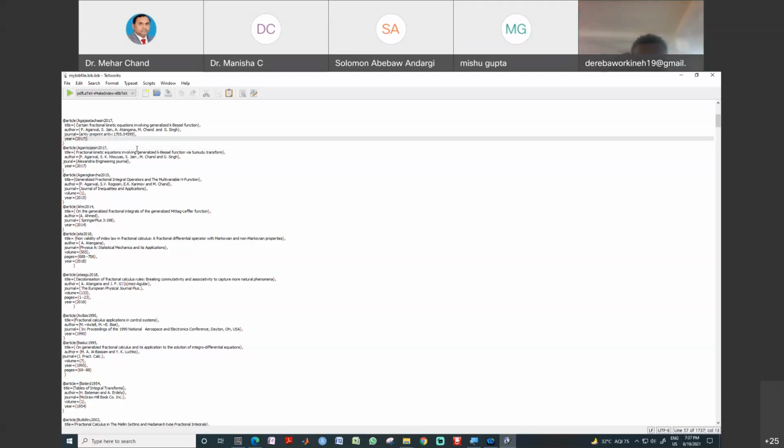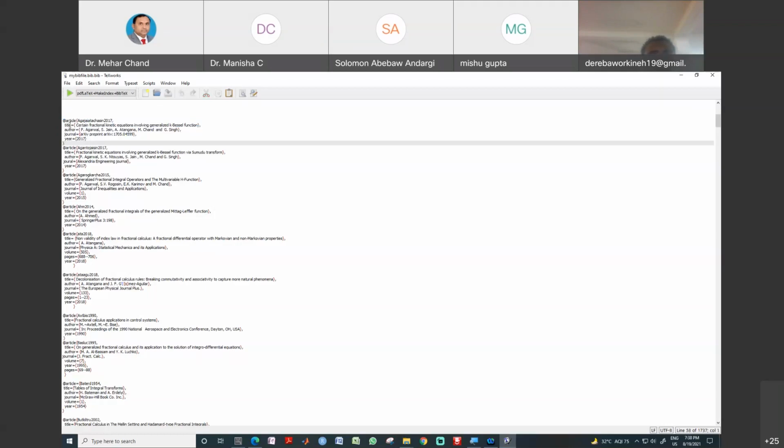See, this is the article. Then this is the label to assign to this reference, as we discussed there. So for this bibliography, we have to assign the label in a different way. The @article entry is used for research papers, and @book is used for book chapters or books. Then it starts with a curly bracket and ends with a curly bracket. So this is the code for one article.